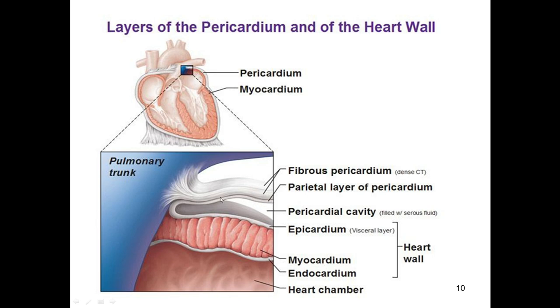And the serous pericardium has which layer? The parietal layer. Below the parietal layer is the epicardium, also known as the visceral layer of serous pericardium. In between the two layers, parietal as well as visceral, is the pericardial cavity. Hope this is clear to you. So, the fibrous pericardium and the serous pericardium, which has two further layers, parietal and epicardium or visceral layer.